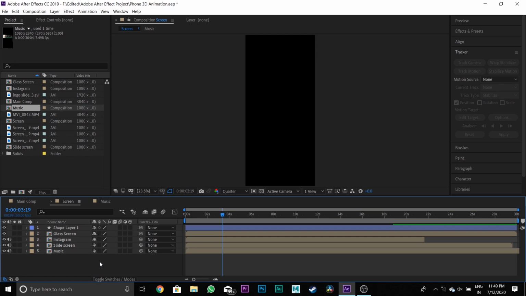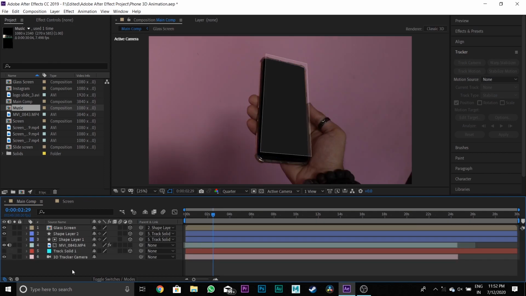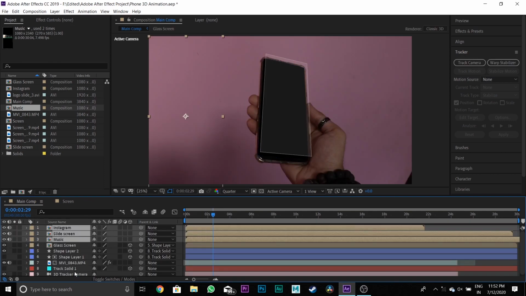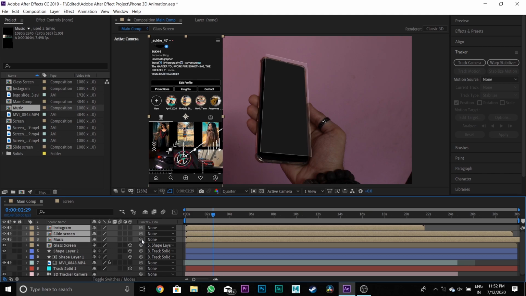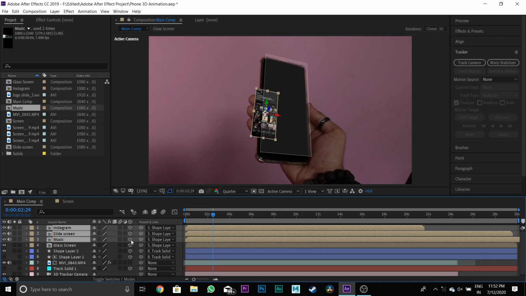Then go to the screen composition and select all three media compositions and copy them and paste them on the main comp. And link all three composition layers to shape layer 2 and press the 3D button and scale all composition layers right, left and top of your phone.